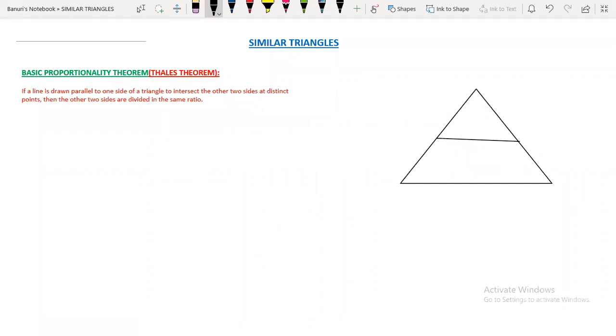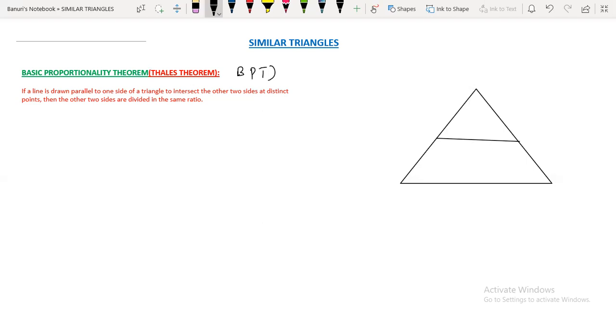Today I am going to discuss the 10th class State Board Telangana similar triangles mathematics topic. First, I am going to discuss the basic proportionality theorem, which is also called Thales theorem. It is given by Thales, so we can call it Thales theorem, short form BPT,